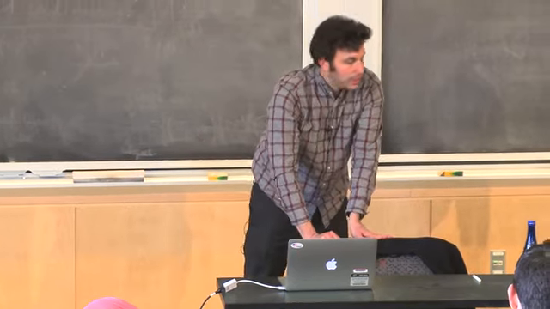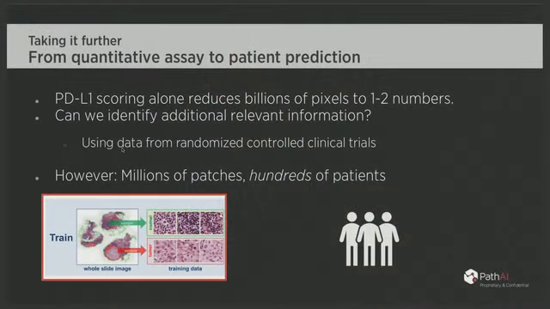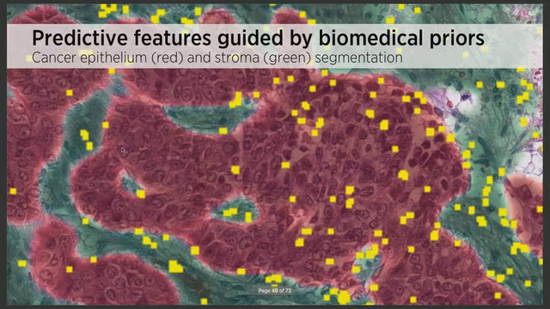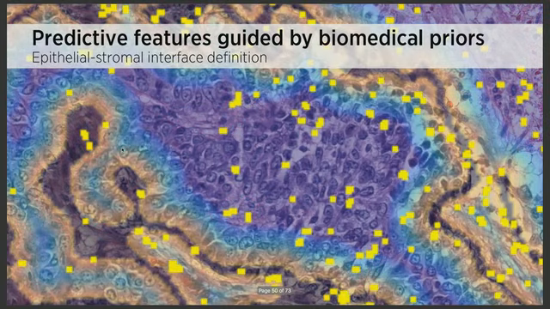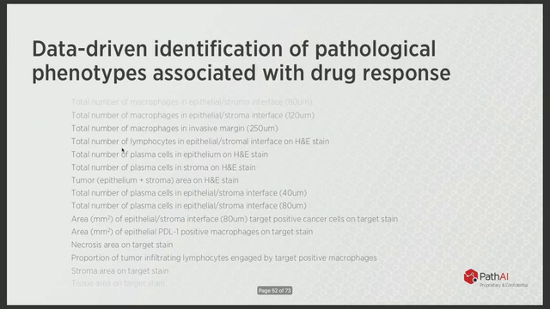And then the question is, can we identify additional things beyond just PD-L1 protein expression that are predictive of response to immunotherapy? We've developed some machine learning approaches for doing that. Part of it is quantitating different cells and regions on H&E images, which currently aren't used at all in patient subtyping. But we can do analyses to extract new features here and ask, even though nothing's known about these images and immunotherapy response, can we discover new features?